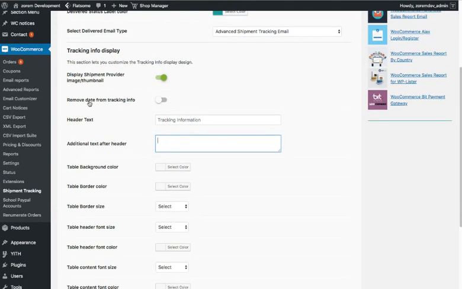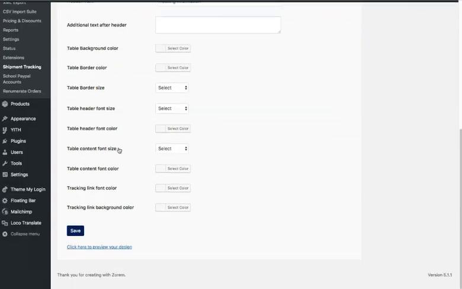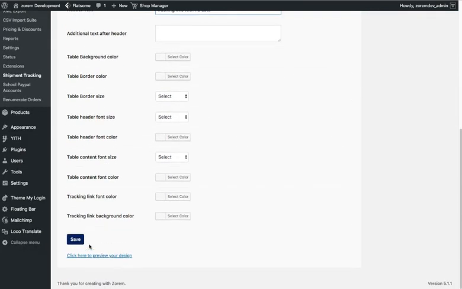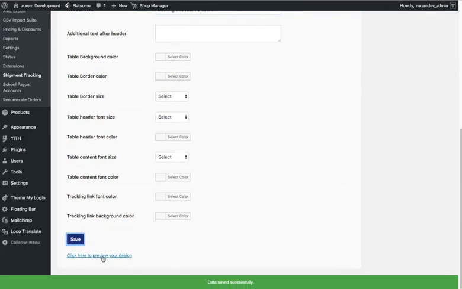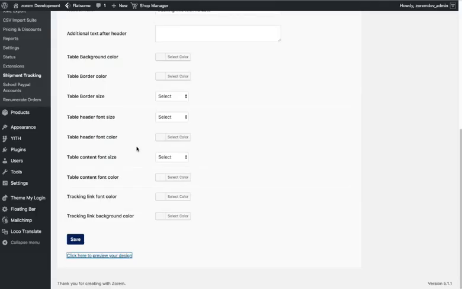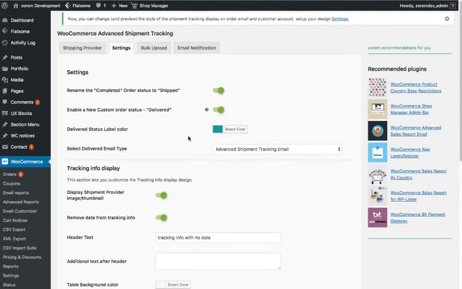We also added the option to remove the date. So I can remove the date, and let's see, tracking info with no date. And let's save it. And let's preview. And this is the header, and the date column is not visible anymore. And so besides that,